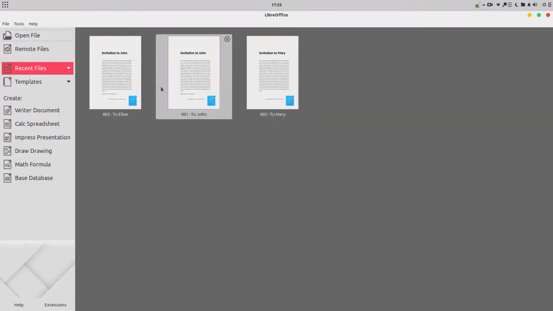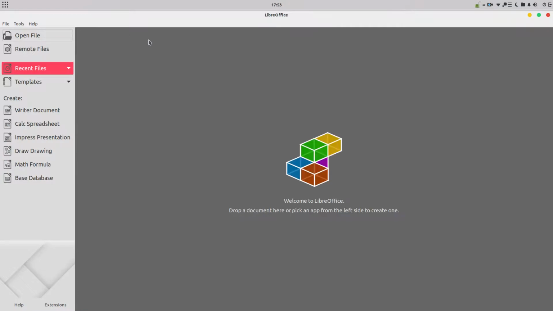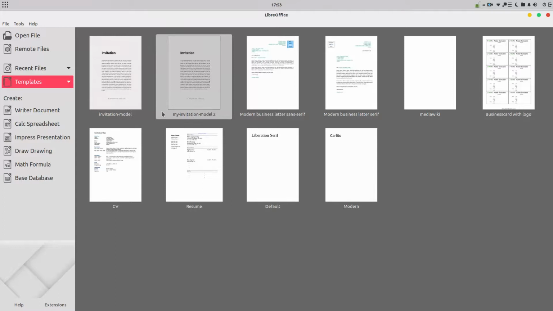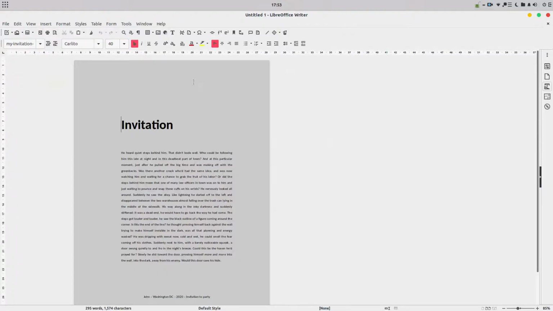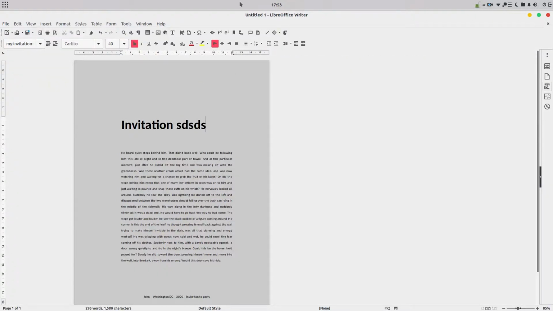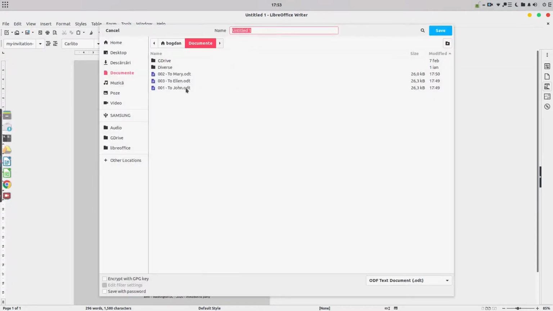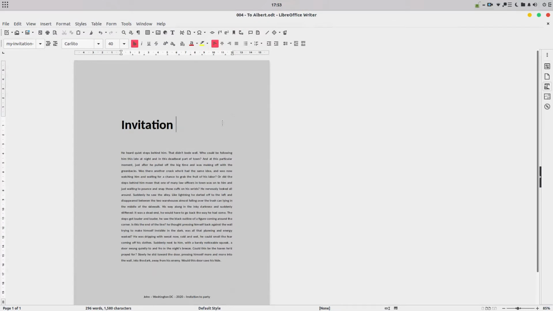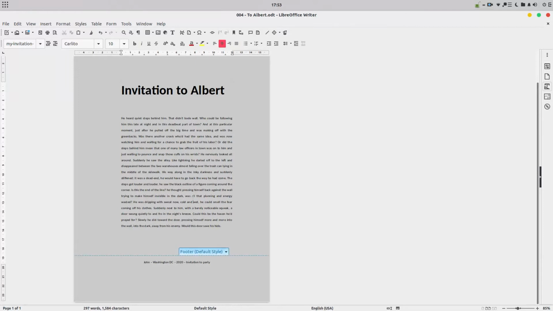Now let's close this. I don't save, and let's close this recent document. Let's go to templates, and we have invitation white and gray. If I choose gray, okay, very easy, I can change something and create more and more documents. Okay, so a version for another person, to Albert. Okay, so invitation to Albert is gray now, and I can save it,